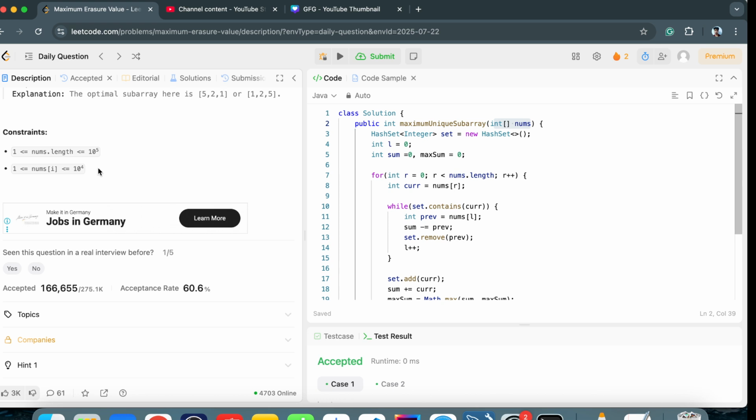Whenever we see constraints where the numbers are ranging from 0 to 10 to the power of 5, instead of using hash sets or hash maps, we will maintain a frequency array. Whenever we solve problems with characters, and it only contains 26 letters from small a to small z, or capital A to capital Z, or only 256 ASCII characters, we will simply use a frequency array instead